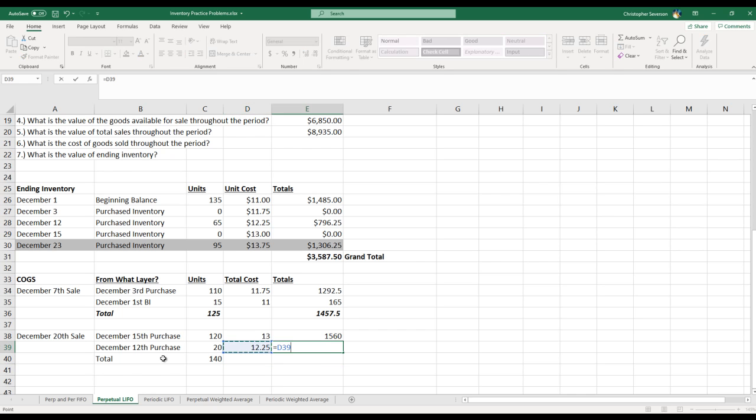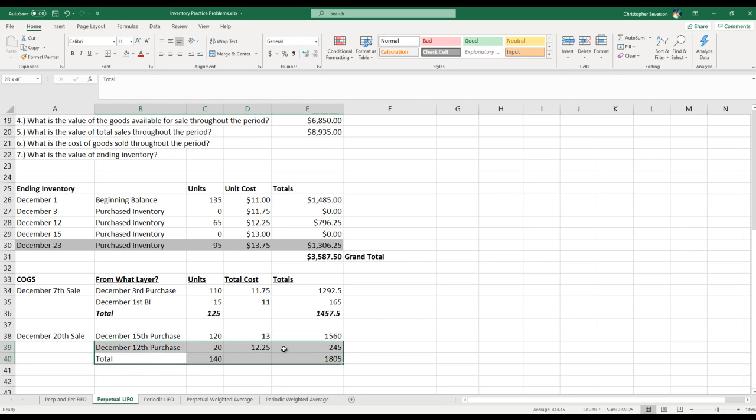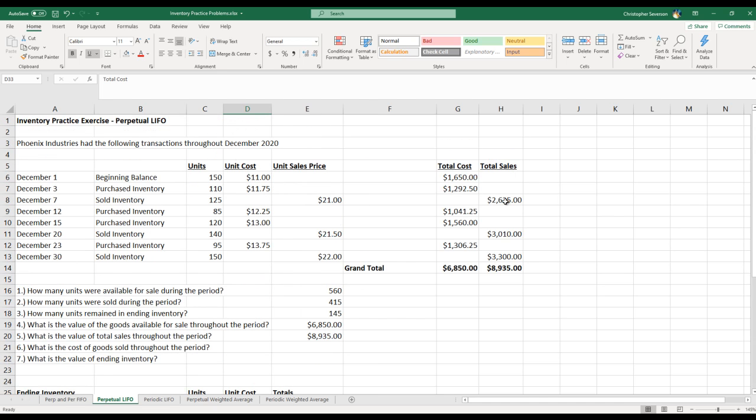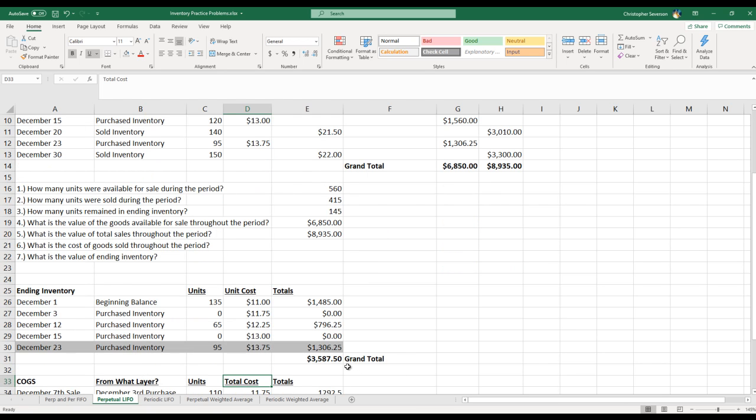And I need to do the multiplication there. So now we have $18.05 for that sale. The cost related to that sale. Keep in mind, this is cost. If we wanted to look at the sales price, we know, for example, that December 7th sale, the sales value is $26.25. The cost